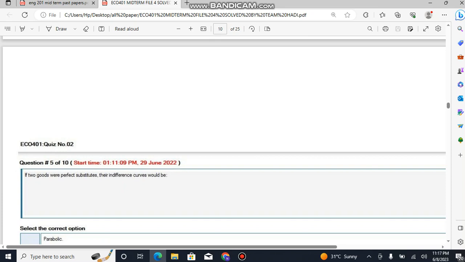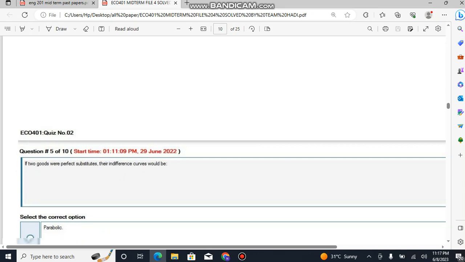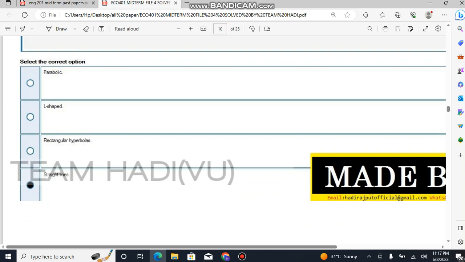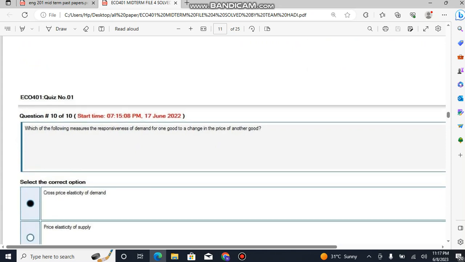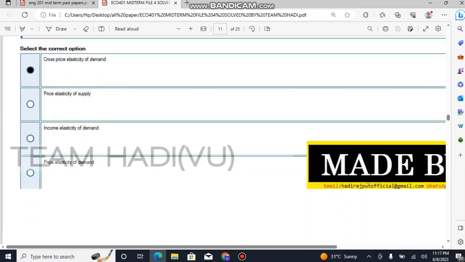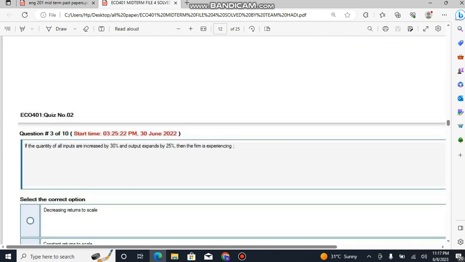If the good, where the other product substitutes, the cross price elasticity of demand is the good change. If the quantity of all the inputs are increased by 30% and output is increased by 25%, then the farm is experiencing